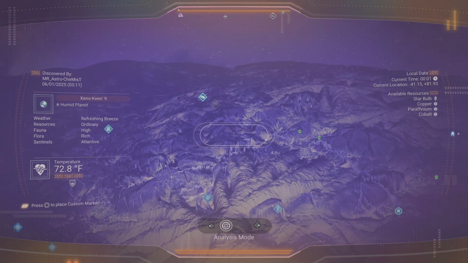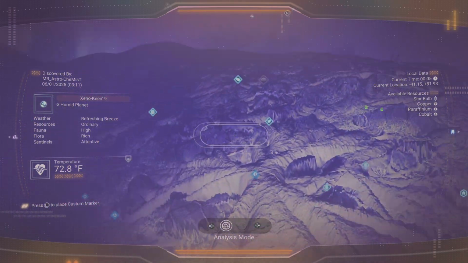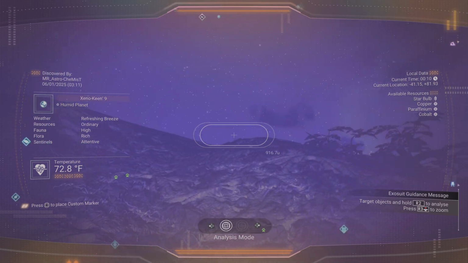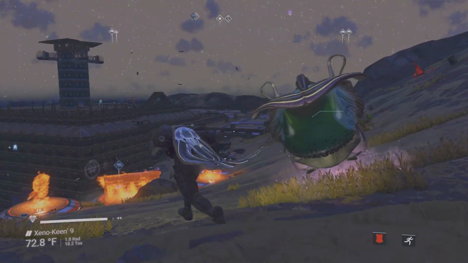Refreshing breeze, resources ordinary, fauna high, flora rich, sentinels attentive. The temperature is 72.8 degrees Fahrenheit. And for resources, it's got star bulbs, copper, pyridium, and cobalt. Anyway,